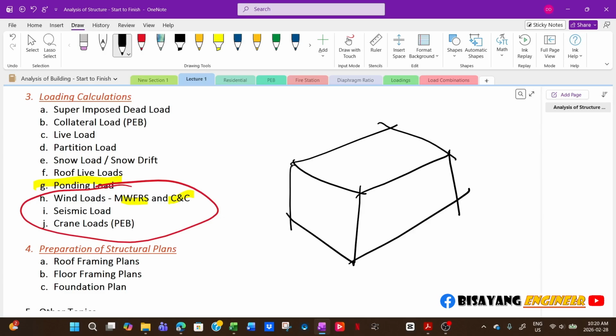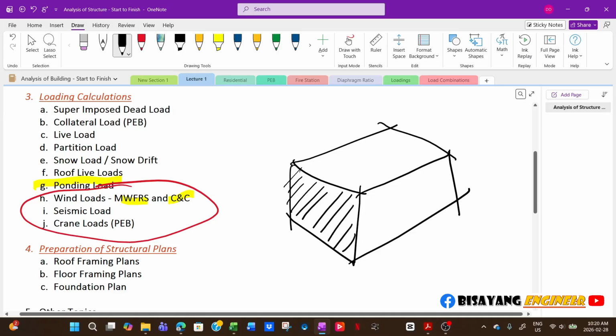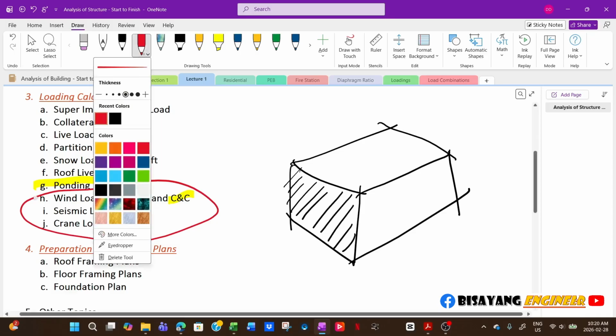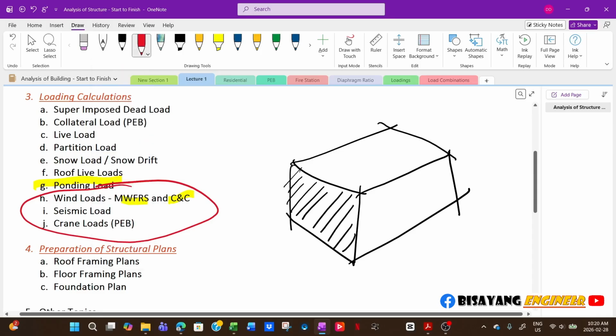Now, if this is a wood frame and you design the shear wall, you have to use the MWFRS loads. And then if you design, say, the roof sheathing, the individual trusses, then you have to use the